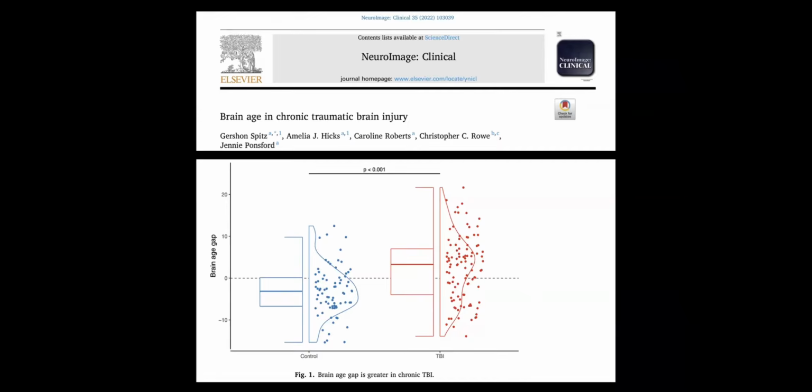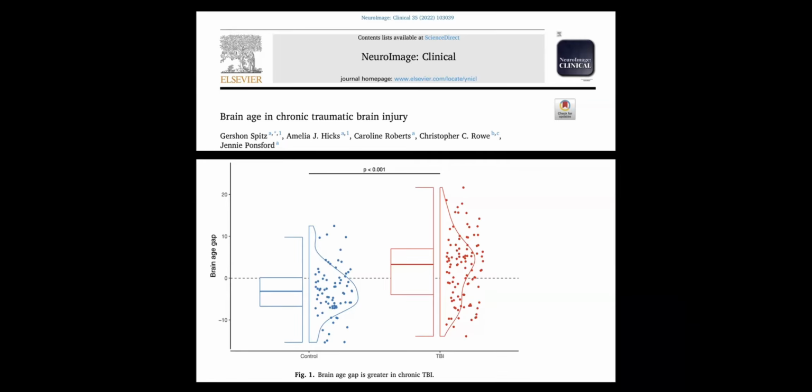And if the brain age looks older than the chronological age, we have a positive brain age gap, which means we have accelerated or abnormal aging. If, of course, the brain age is about the same as the chronological age, then there would not be a brain age gap and there would not be accelerated aging. And it is theoretically possible for people who have really good, healthy lifestyles to even have a negative brain age gap, which means that you're aging in reverse or you're decelerating your aging. Although, unfortunately, with most pathological conditions, we would expect to see an elevated brain age gap.